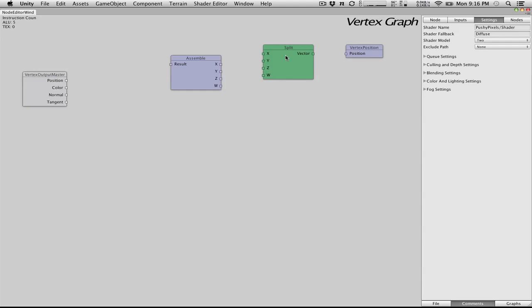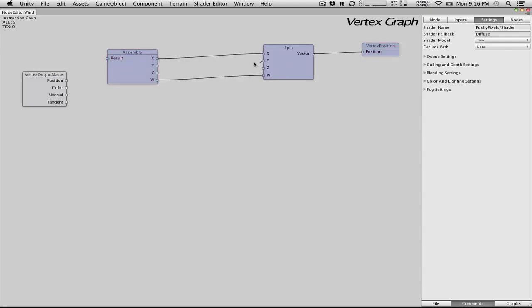W is important for when it's there. But don't worry about it. What we're going to do, actually, is we're just going to, ahead of time, hook W into W. Okay. And then we won't have to deal with it. So we're going to take our position, split it into the XYZW components, and then reassemble the XYZW. So if we were to do this, it's exactly the same as what I did before